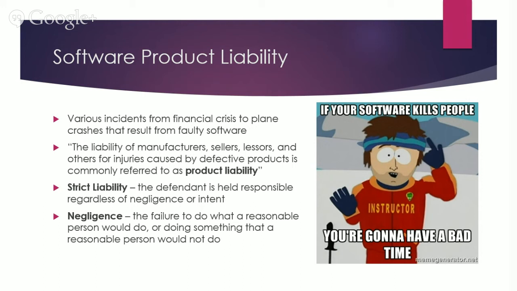Then we have these definitions for strict liability and negligence. I'm sure you've all learned this in previous classes, but strict liability means you're responsible for your product, regardless of negligence or intent. If the product does something that hurts other people, you're going to be in trouble. Negligence is if you mess up in a way that wouldn't be considered reasonable. So it's really important to think of this when you're developing software, especially larger, more mission critical systems